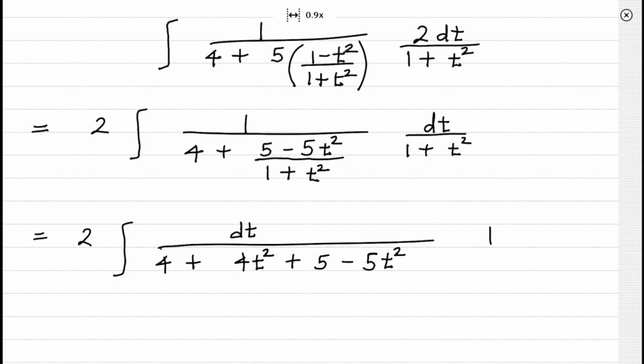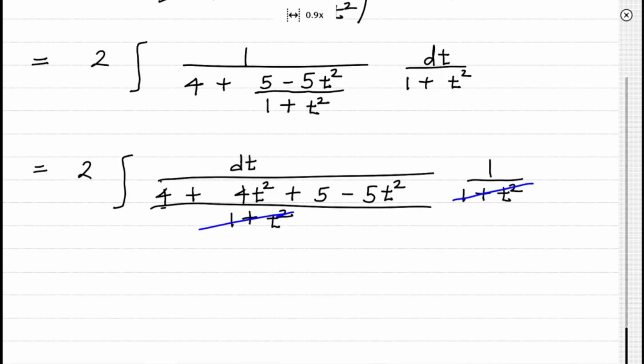Okay, and here you already have 1 over 1 plus t square, and don't forget in the denominator also you have 1 plus t square, which is this one. After cross multiplying, you already have that in the denominator. Now what you can do is this denominator and this denominator can get cancelled here. So you can cancel this and this with each other. After doing that, you essentially have a very simple quadratic polynomial in the denominator, which is very easy to integrate. So we have 2 integral of dt divided by,